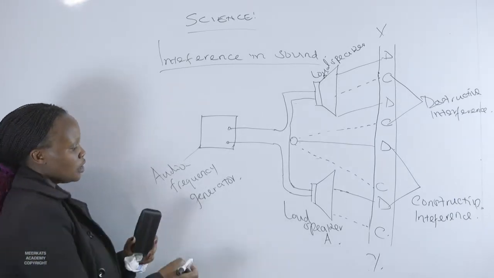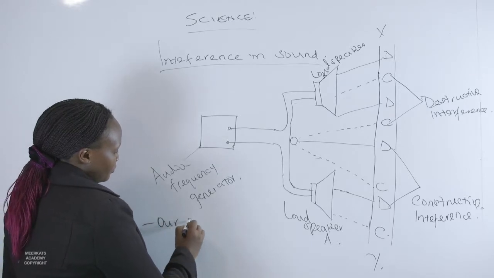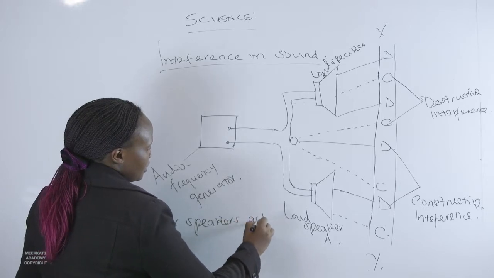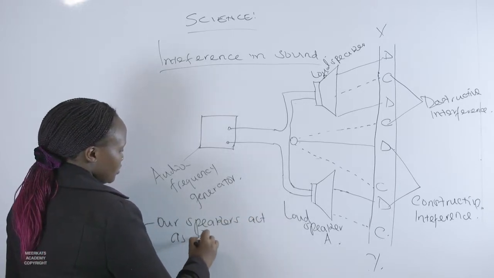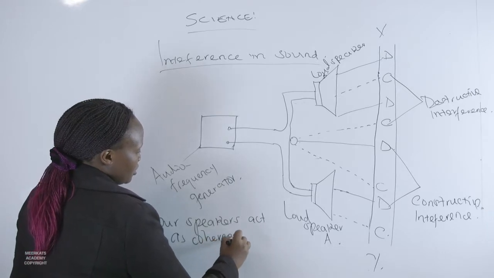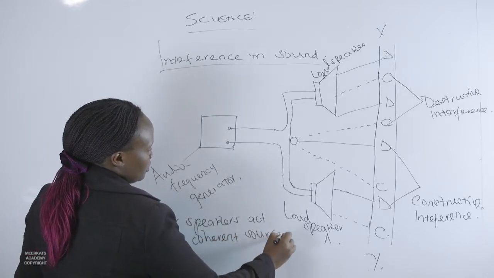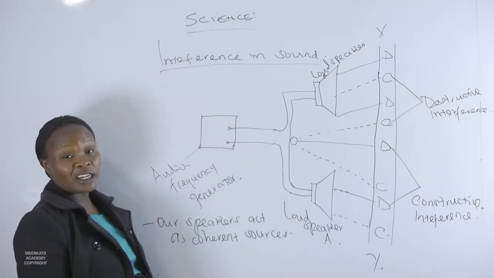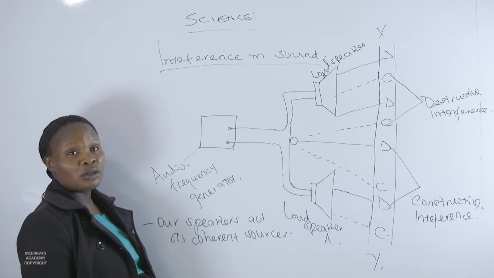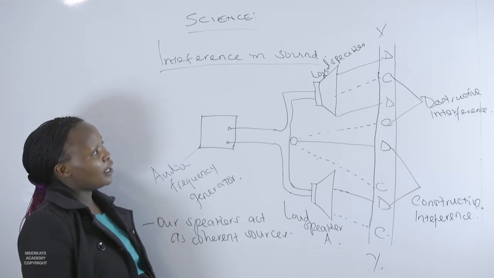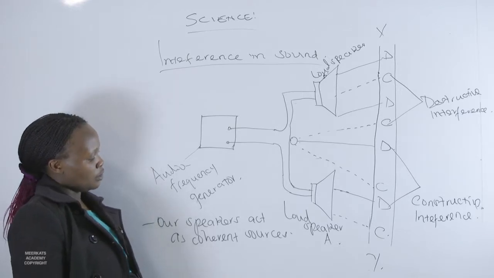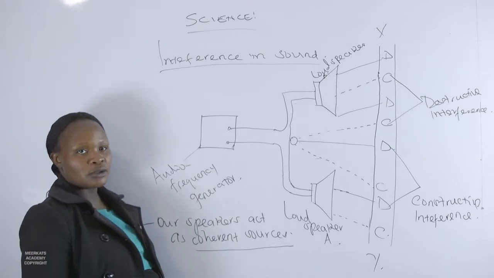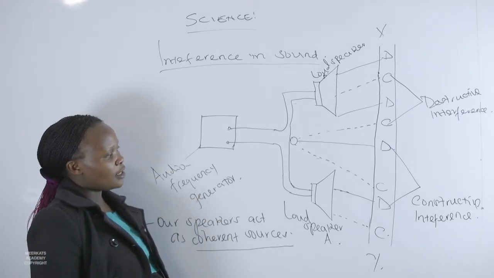Now, what happens is that our speakers act as coherent sources. From the diagram, we can attest that they are actually equal, close together, and parallel, and therefore they qualify to be coherent sources of sound, and therefore